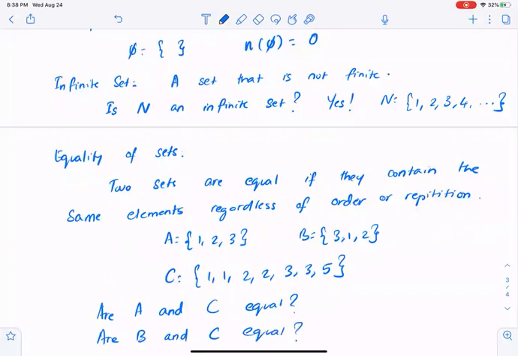I want to know if A and C are equal, if B and C are equal. No. Because the set C has one additional element that is not in set